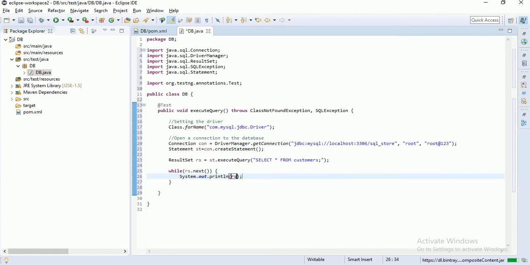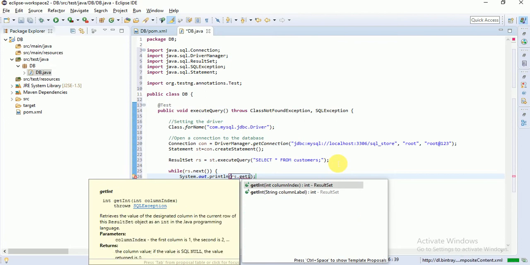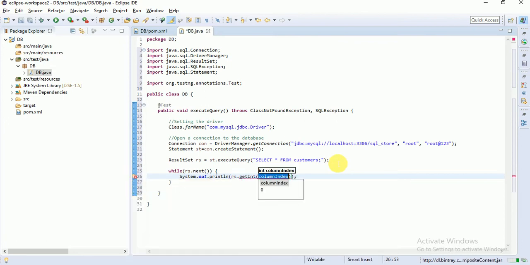I want to read one by one: resultSet.getInt of the first column, with just a space here. I just want to display the first three columns.